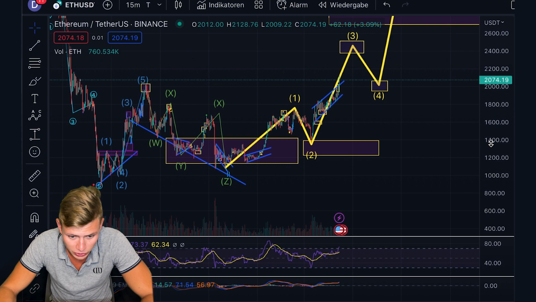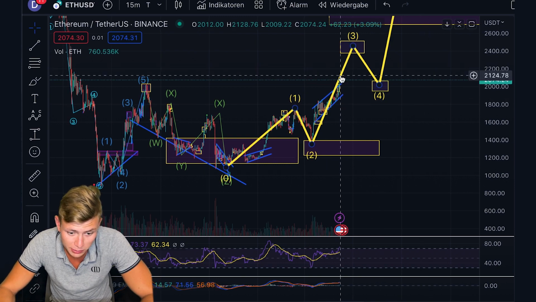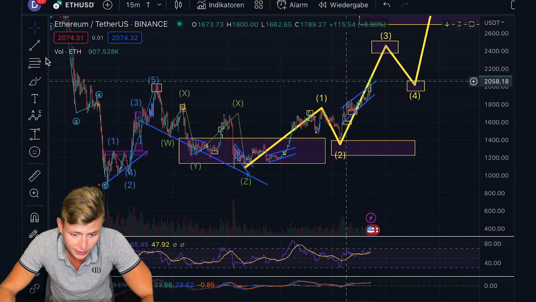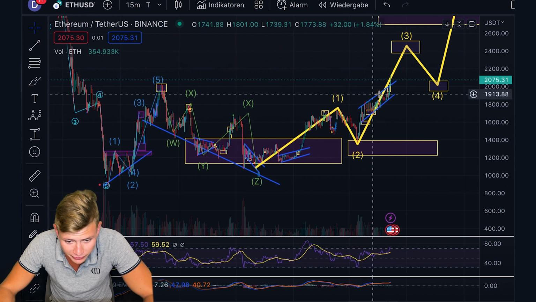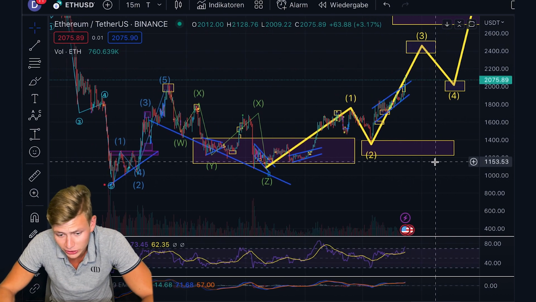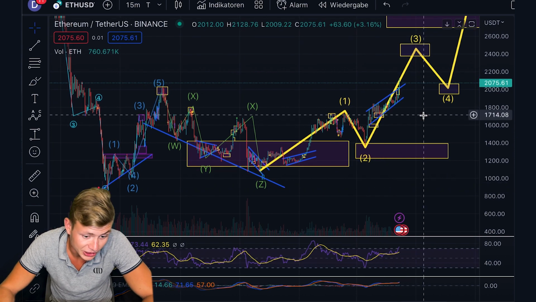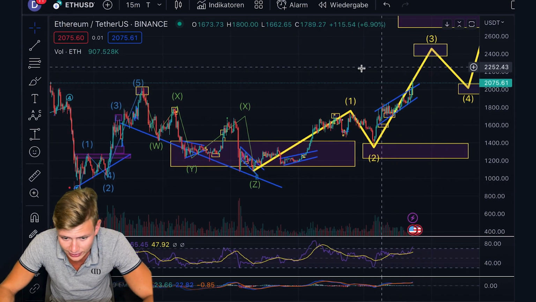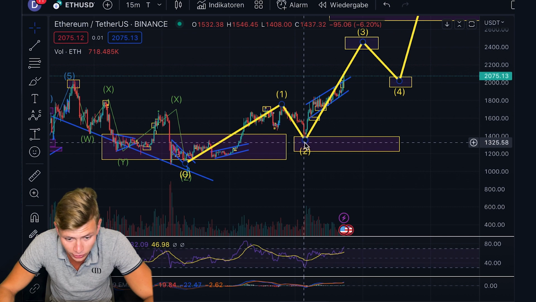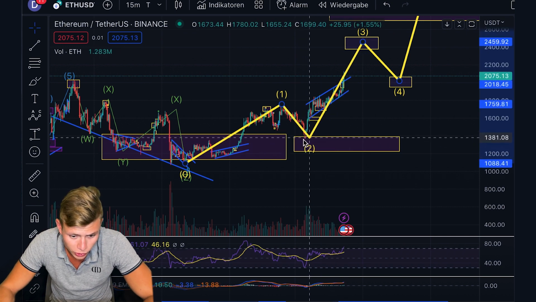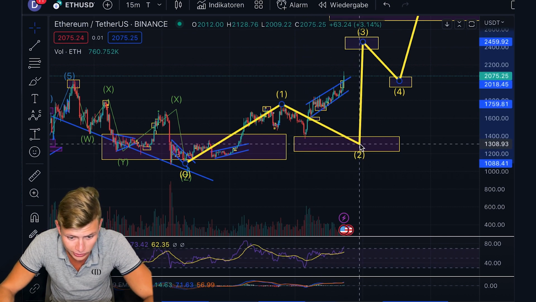So let's now have a look at the Ethereum US dollar chart as well. And there you can see that we already got a breakout here towards the upside. And I don't want to say it shifted the likelihoods. I'm just tracking now both of those scenarios a little bit more, let's say, neutral, a little bit more on the sidelines, because right now we cannot know, or in my opinion, it is not for sure that this wave 2 is in or not.